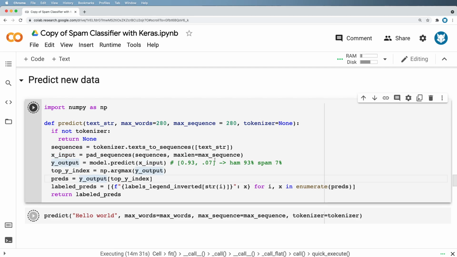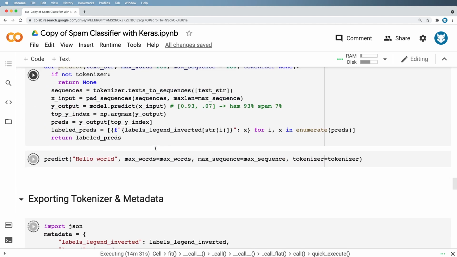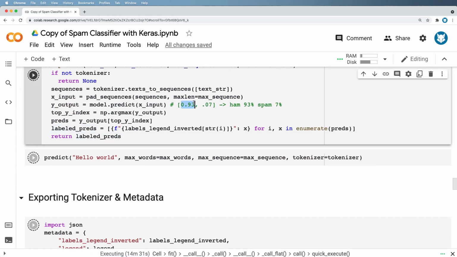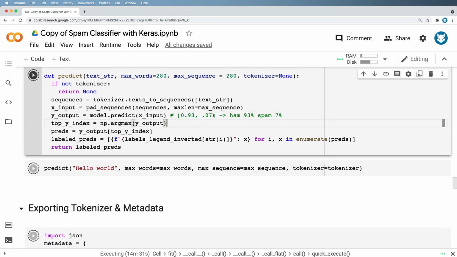Then what we get is an output like this. So it's going to give us an actual array value here where it's 2 values. It's 2 values because it's either ham or spam. And because we used softmax up here as our activation, we actually get a percentage back. So it's not going to be 1 or 0 like our labels have. Instead, it's going to give us, hey, this is probably about 93% this position. This is probably about 7% this position, which of course, this value actually maps to ham at 93% and spam at 7%,